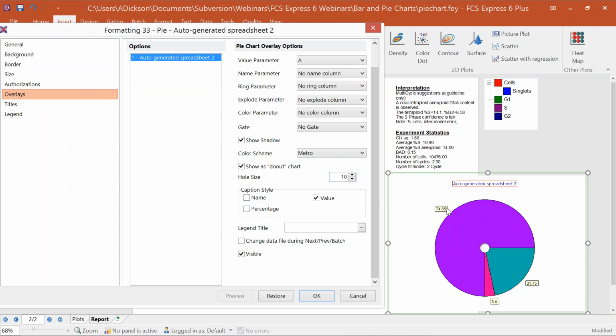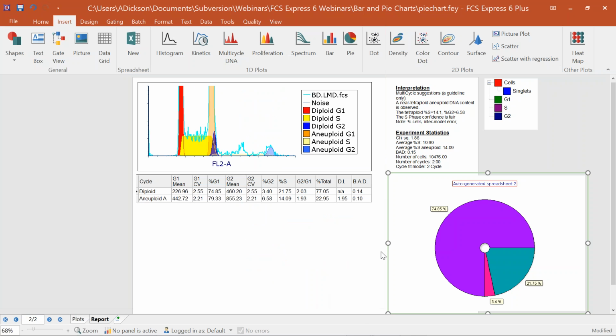I can switch it from the value to a percentage to better reflect my data. And I can also add a title column. So once I actually have that name column, we'll have a legend, with each slice showing those very easily. So I'll say OK for now, and then pull up the spreadsheet used for this pie chart, which again, we